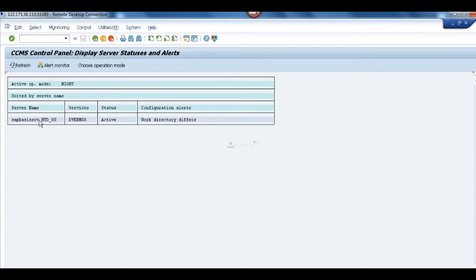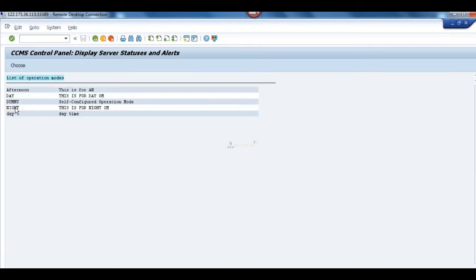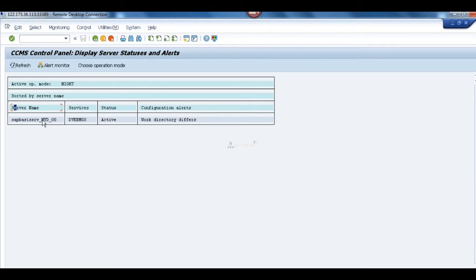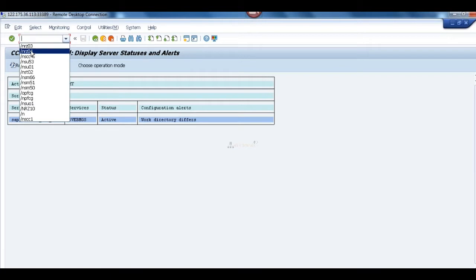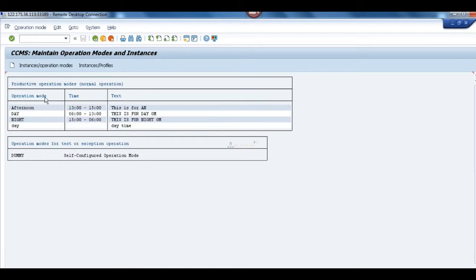See here, this instance, choose operation mode day, active operation mode, choose operation mode night, active operation mode. Here we can do this activate. Once we created in RZ04, in RZ04 only we have created, right? Yeah. Day, night,